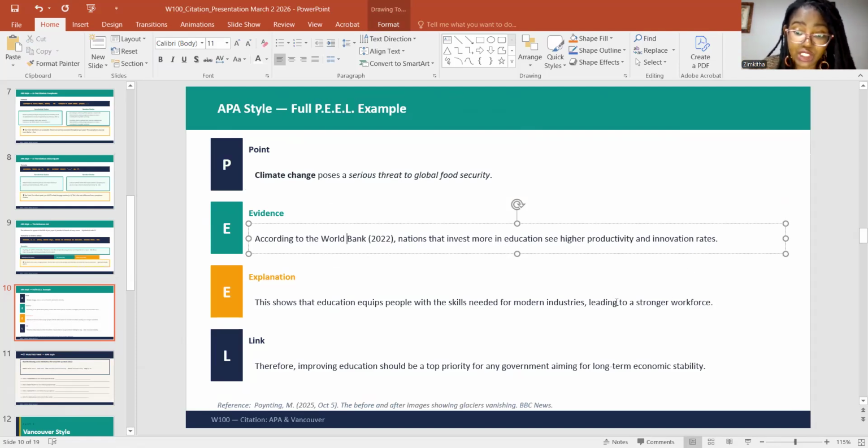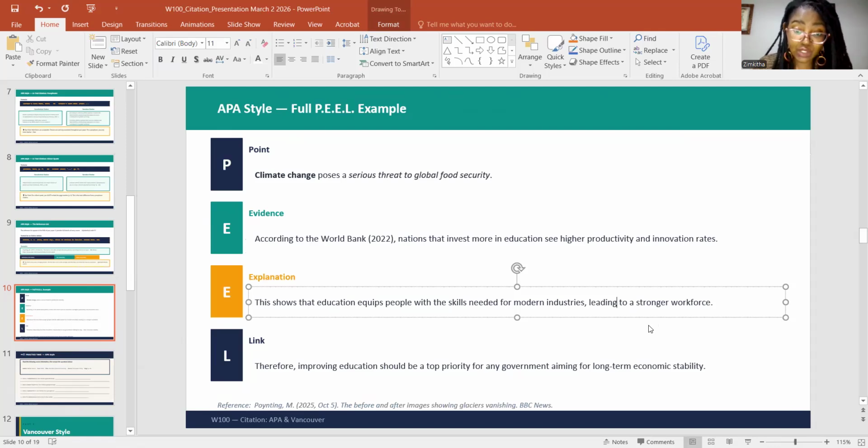Well, let's look at the explanation. This shows that education equips people with the skills needed for modern industry, leading to a stronger workforce. Think about it. Is it still linking? Okay. Then link. Therefore, improving education should be a top priority for any government aiming for long-term economic stability.